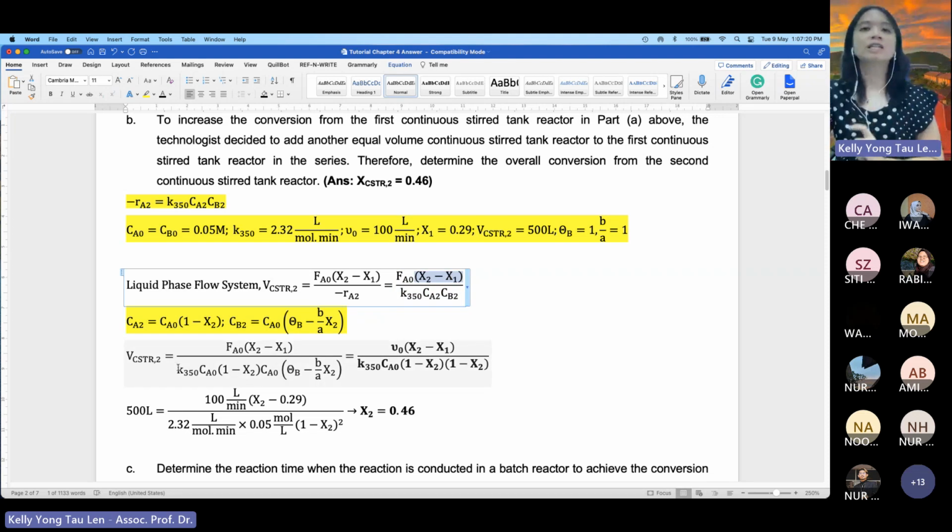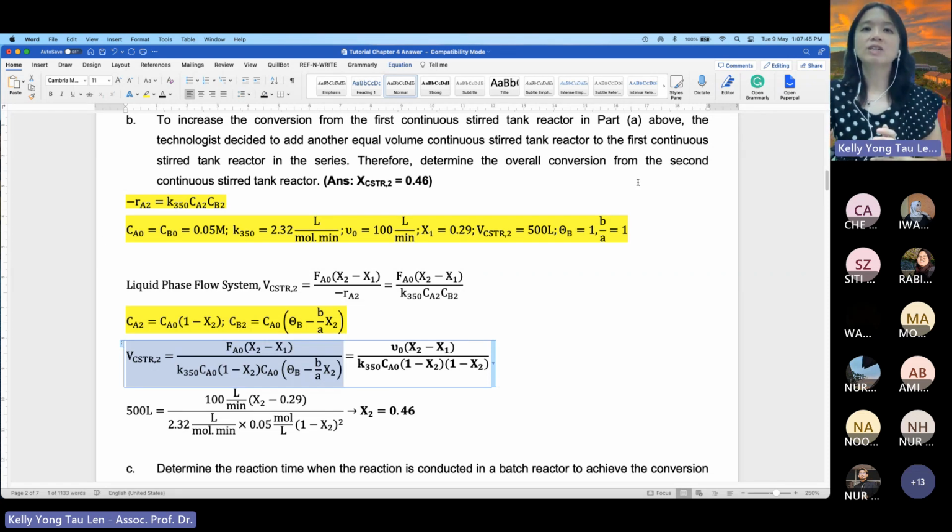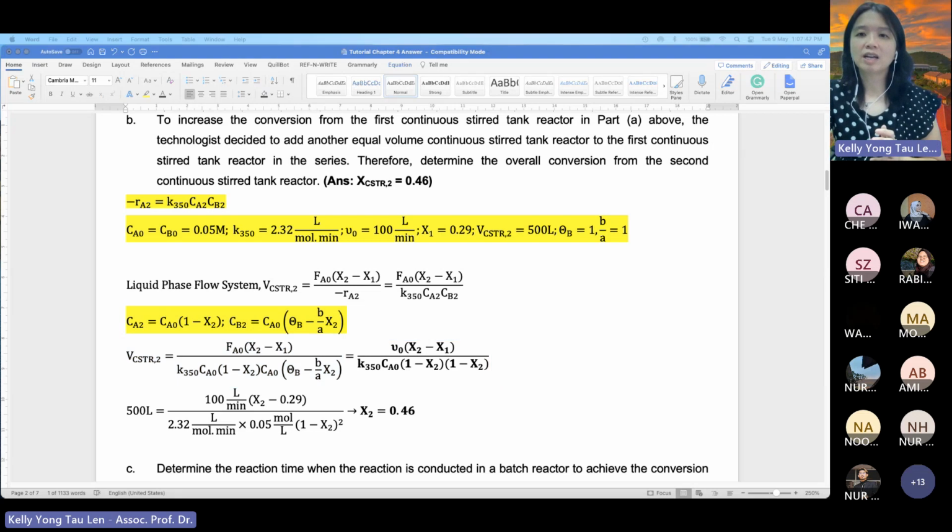Tadi kita dah express CA2 sama dengan CA0 1 minus X2, CB2 equals to CA0 in bracket theta B minus B per A X2. So now I already express myself the equation how to find the volume of your second CSTR. Tetapi remember in our question this one kita nak cari